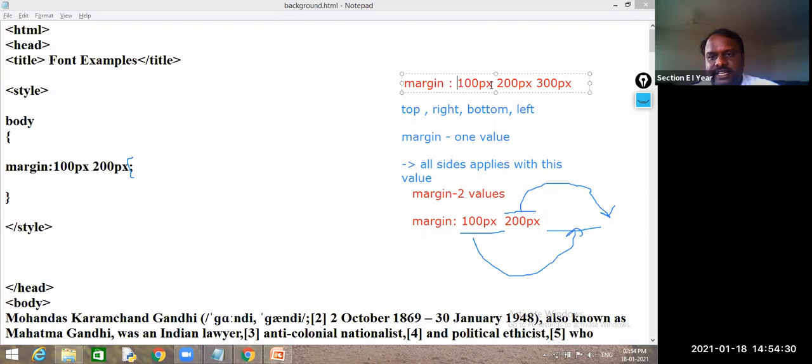So top is 100, right is 200, bottom is 300, and you did not assign left. The left takes its opposite side's value, so whatever you assigned to the right will be assigned. See whether it applies or not. So 100, 200, followed by 300 pixel.